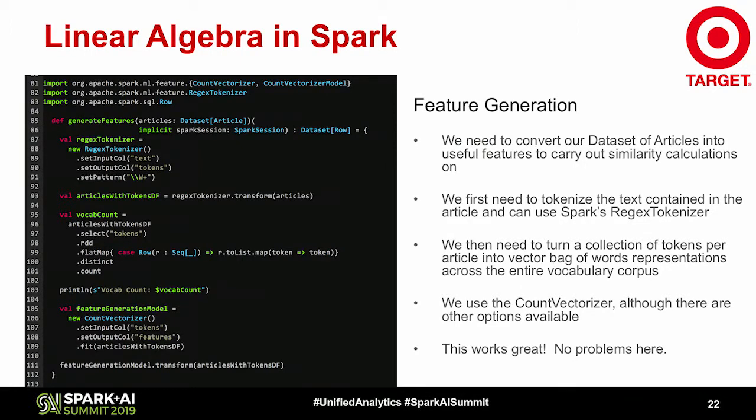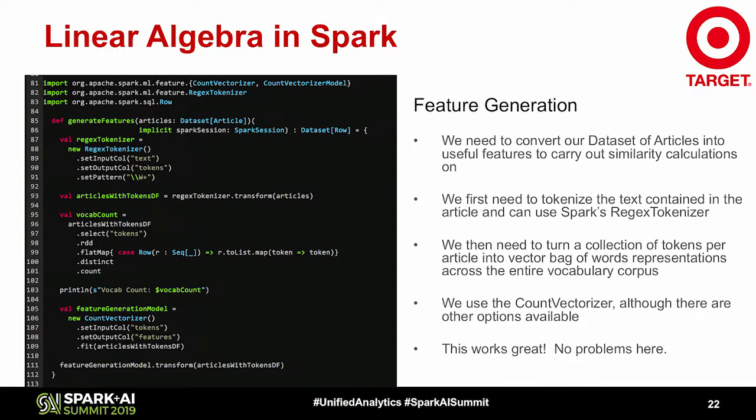So at Target, we're building against a core set of objects. We can level set here and pretend we're going to build a similarity engine for articles. We can say we all work at a content management company, and we have a system that has articles, authors, and comments. The goal of our system is we want to input one article and then get back the n most similar articles to that input. We're just going to follow the playbook from the linear algebra refresher on what a similarity engine takes. The first step is we need to convert our data set of articles into tokens so we can generate a vocabulary.